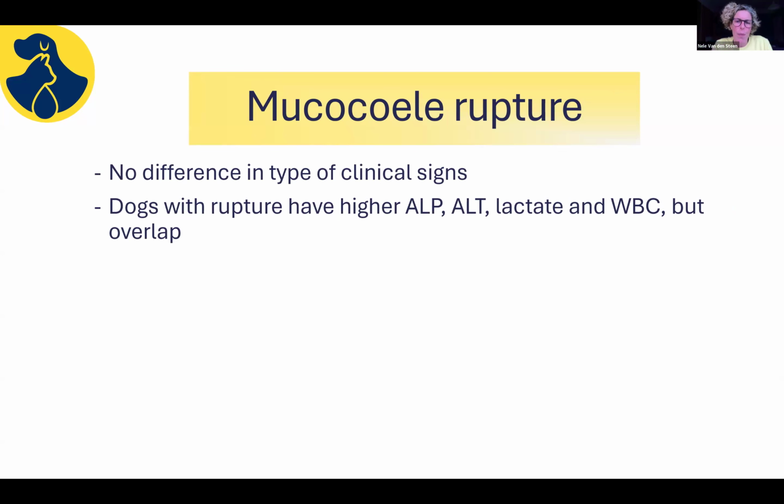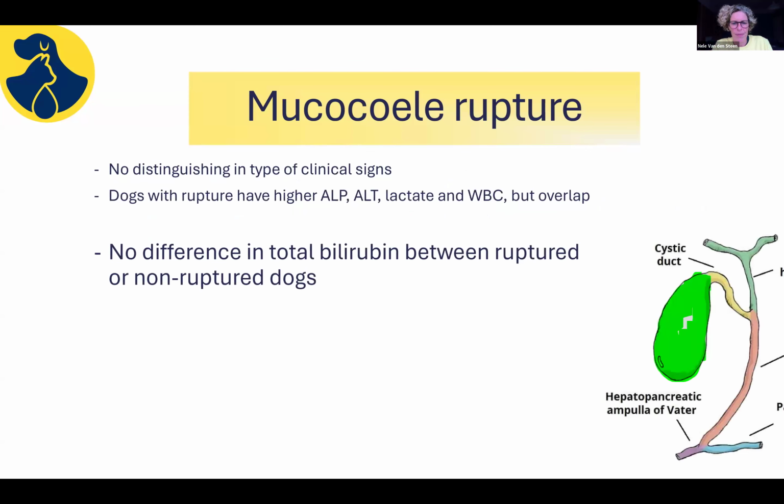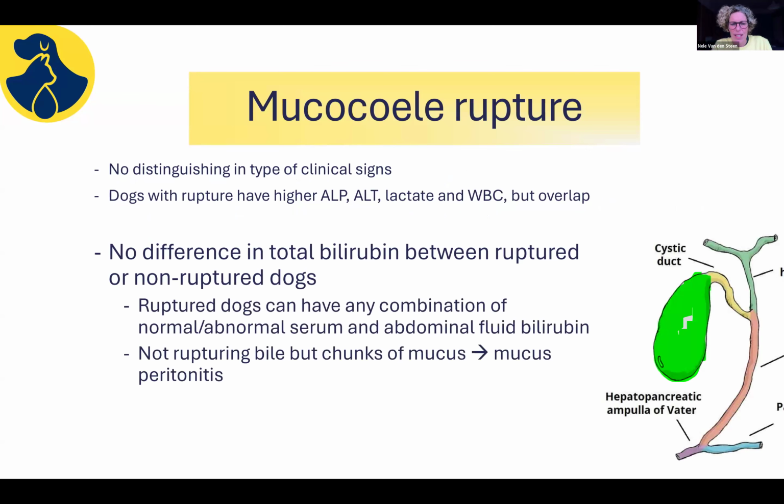We know as well that when patients rupture their gallbladder, their ALP, ALT, lactate and white blood cells are higher, but between the patients you can't really use a cutoff because there is so much overlap. And what we know as well is that the bilirubin between the patients that are ruptured or non-ruptured shows no significant difference. So when people think, well, if it's got a higher bilirubin then I need to go, that is not necessarily